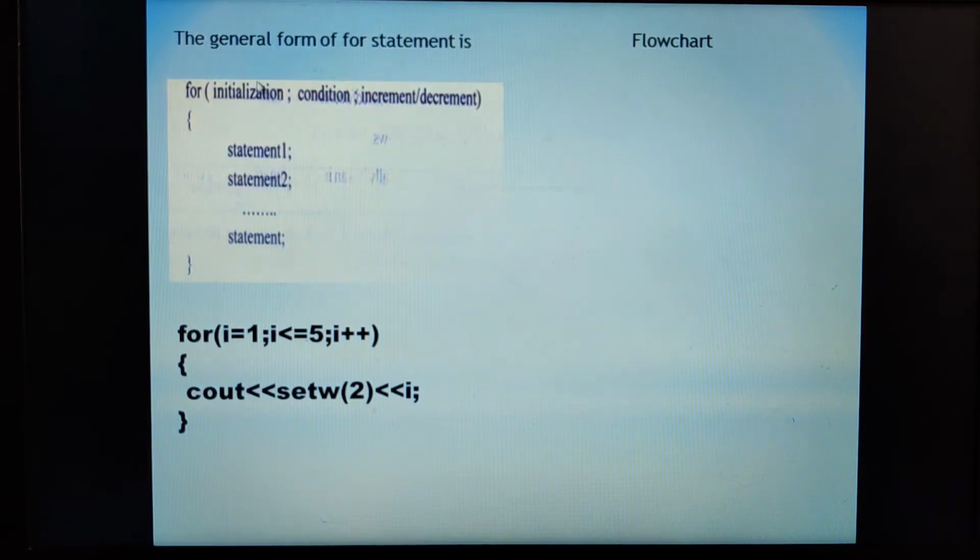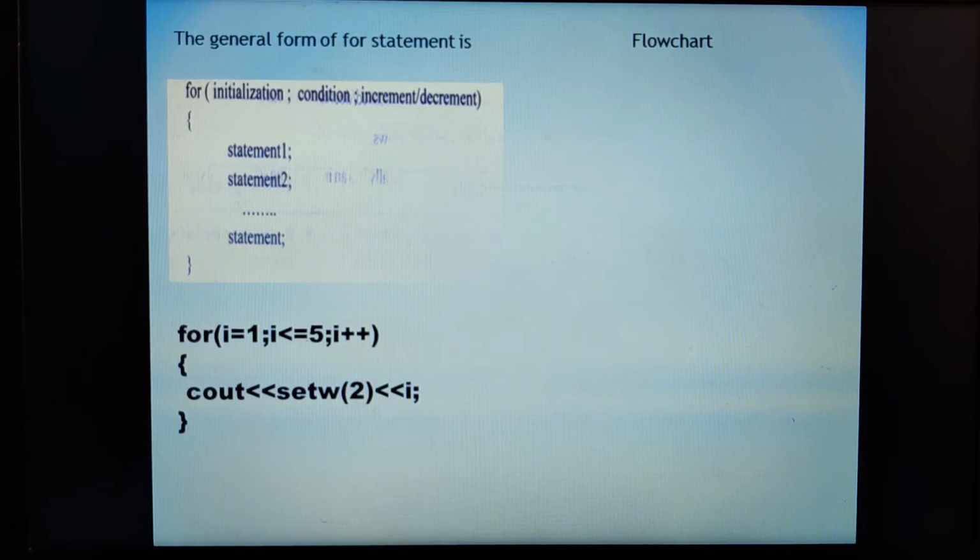Now in this for statement we have 3 parts, children. In this general syntax, the for looping statement has 3 sections. The first one is the initialization. The second one is the loop ending condition, that is the condition when it should terminate, meaning how many times the iteration takes place depends upon this condition. And the third part is either increment or decrement. So the for loop has 3 sections: initialization, test condition, and increment or decrement.